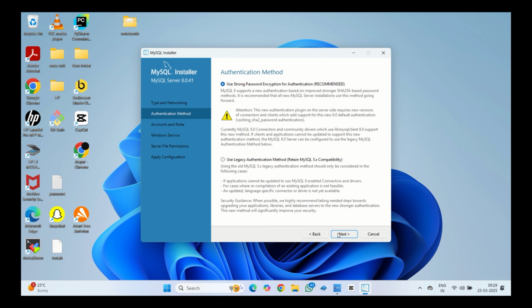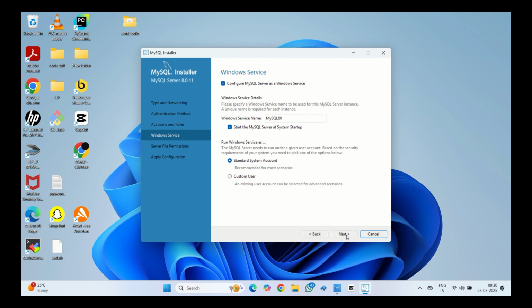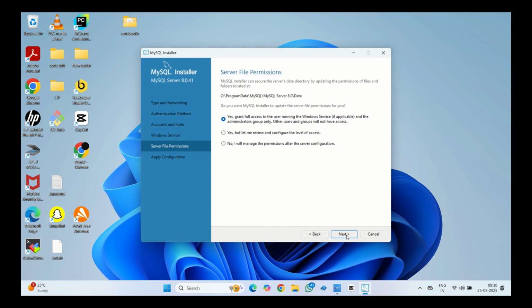Then click on next. Now we have to keep our strong password here. That password is used to connect with the database. We will put this password 2 times, and here you can also add users if you have multiple users. Then click on next, then again click on next, again click on next,